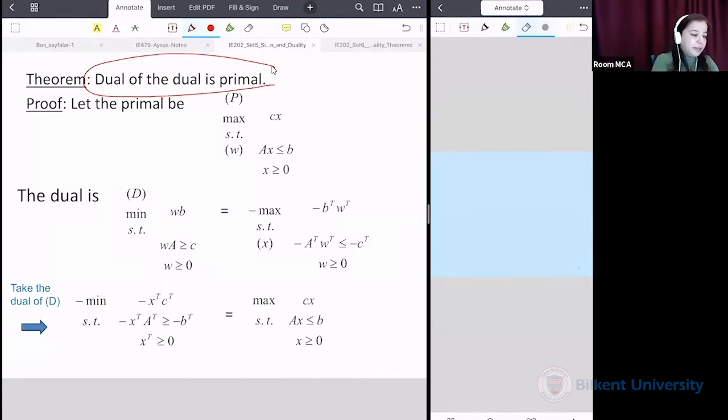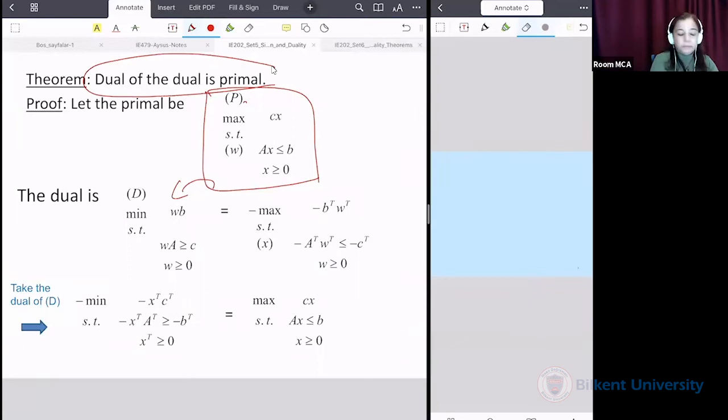I usually like to do it on the board alone, but now that you have all the notes, we're going to go over the slides. So this is my primal. Currently, I only know how to take the dual of the primal. I don't know what's going to happen if I have equalities or reverse constraints. So I'll have to take my primal to be the canonical form max. I know that the dual of this guy is this one, canonical form min. Yeah? So the primal, and this is the dual, minimize WB subject to WA greater than or equal to C,